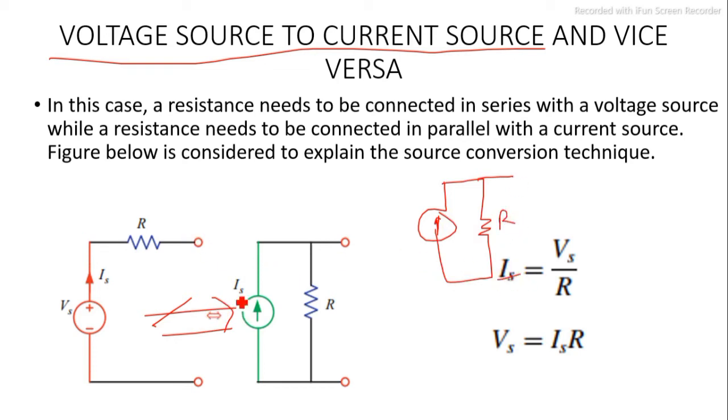So what will now be your current? You use Ohm's law, V equals IR, right? So that means the current will be equal to what? V over R. So because of this, the voltage source divided by the resistance will be your current